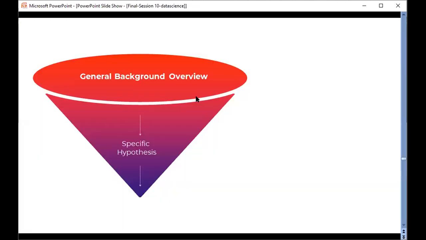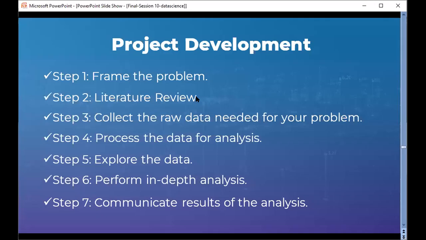Harpreet, can you go to the previous slide? I have a question. You said that we need to collect the raw data. What are the different data tables we require when we work on a problem? For example, if I want to work on breast cancer data. I will demonstrate exactly. I will give you an example of how you can collect your data set, and then how you can process that data. I will demonstrate at the end of the project.